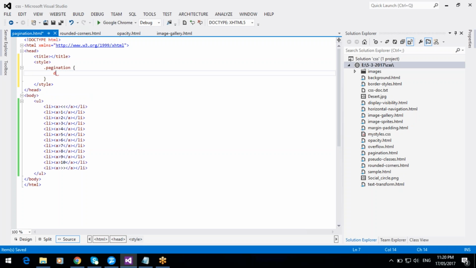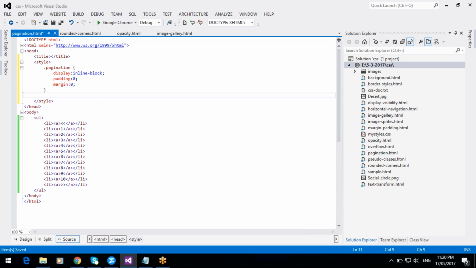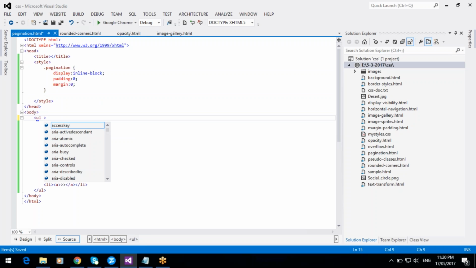In pagination class, display inline block, okay, and padding 0 and margin 0. Okay, so this is pagination class for unordered list,